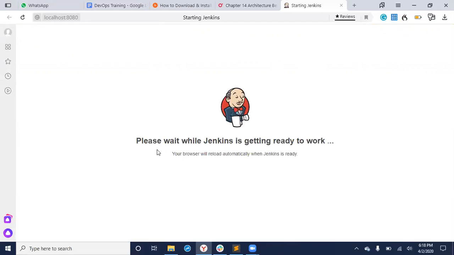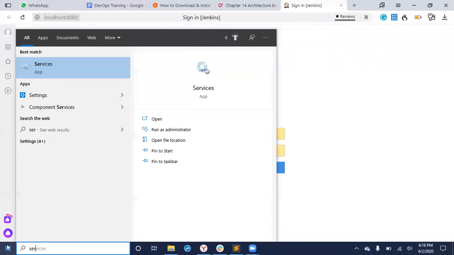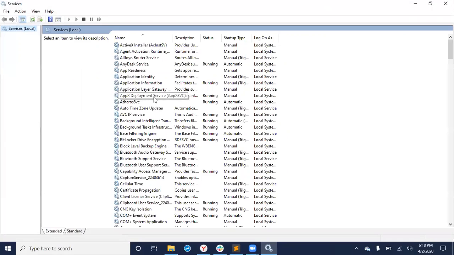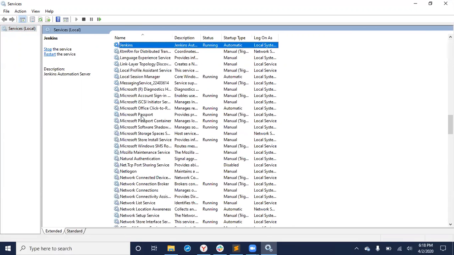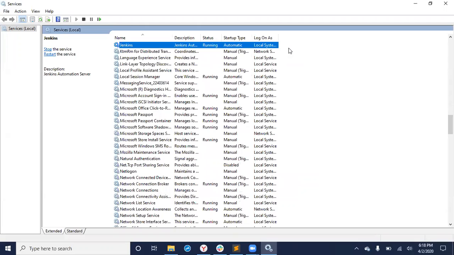Basically, I'll tell you what's happening. In Windows, there is something called services, administrative services. Pretty much anything you create in Windows will register as a service. In Linux, we say daemon, background process. If you see here, after the Jenkins installation, Jenkins is running. It has various statuses. It is actually running right now. So this is Jenkins on Windows.